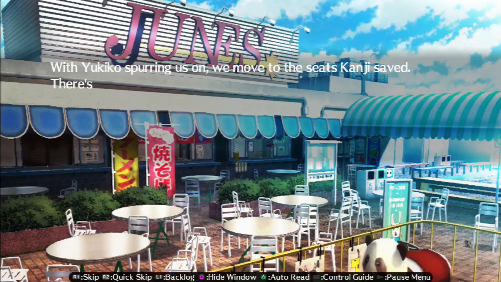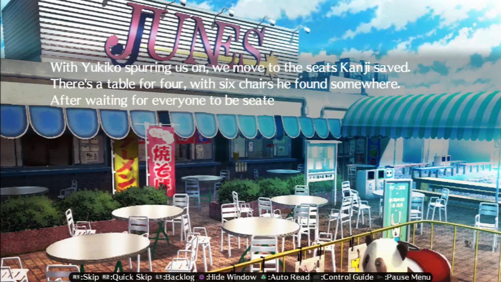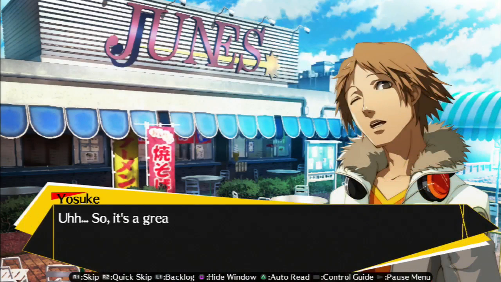With Yukiko spurring us on, we moved to the seats Kanji saved. There's a table for 4 with 6 chairs he found somewhere. After waiting for everyone, we sat down. Yosuke clears his throat as if to begin. So, it's a great day out and...